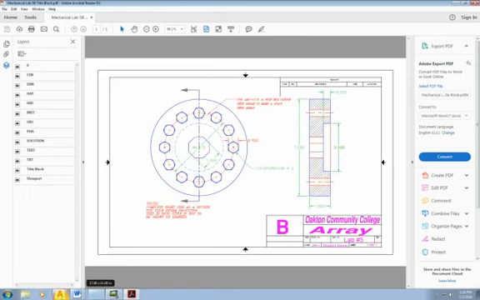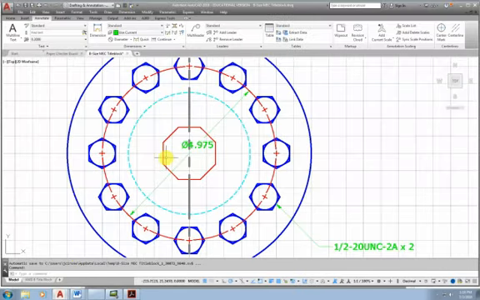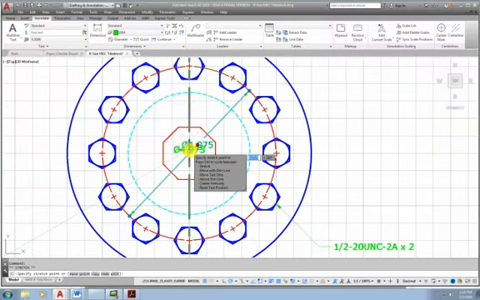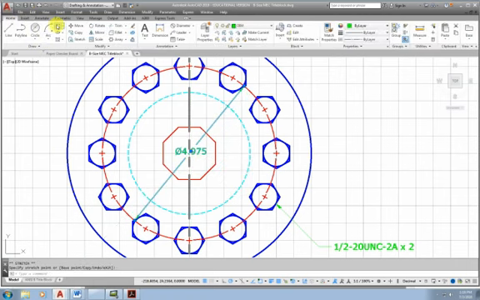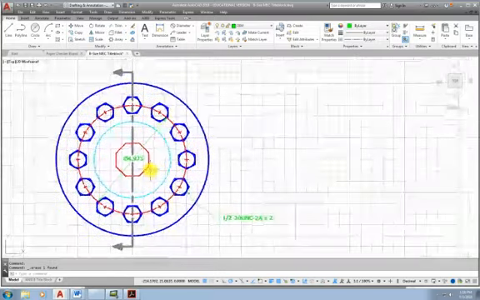We'll come back to our drawing. One thing I do want to do is clean this up a little bit, and here's a technique. AutoCAD is a lot like a hand drafting tool, and so you can make these modifications like this, where I'm going to just draw a square around it. I'm going to say trim, cutting edge, enter, and then I'm going to trim this out of it, so my text is not